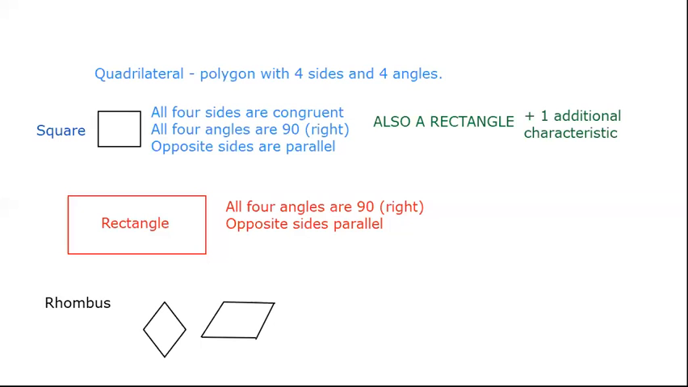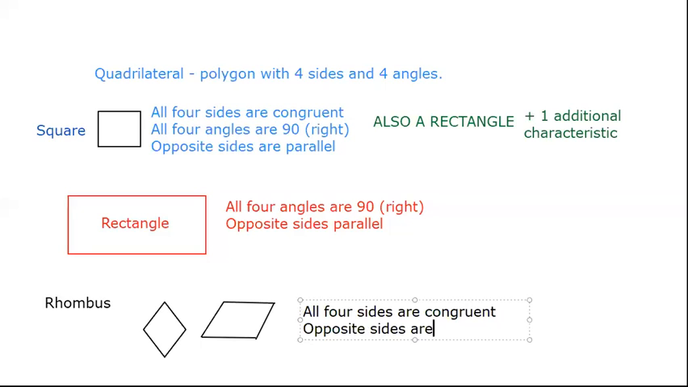A rhombus also has some characteristics that match with a square. All 4 sides are congruent in a rhombus. Every single one of those sides are congruent. Opposite sides are parallel. But what does it not have? It's that all four angles are 90 degrees. These angles, depending on how far you push this over,